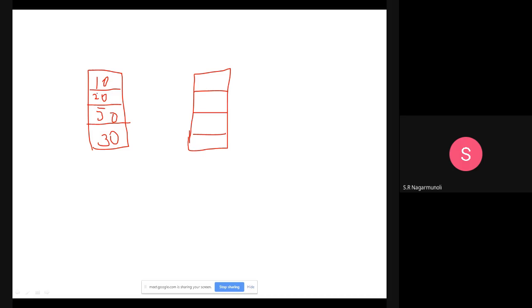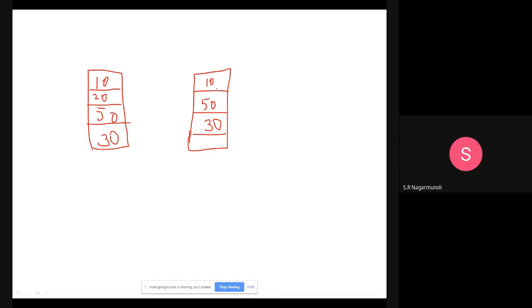If I want to remove the element from position 1, then I have to first move 50 here. 10 I need not bother about. I move 50 here, that is, write the element at position 2 to position 1. So now it will become 50. Then move 30 here. So you have moved the next element here.